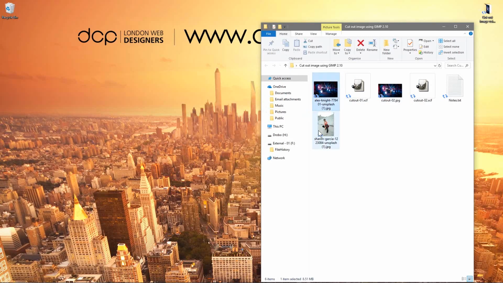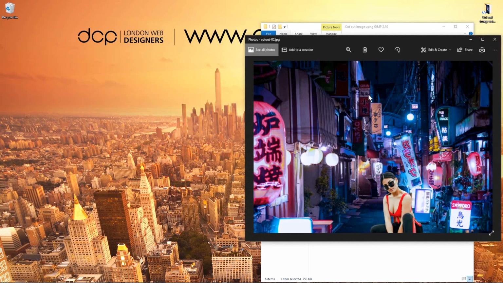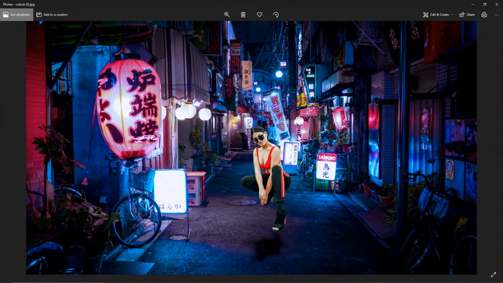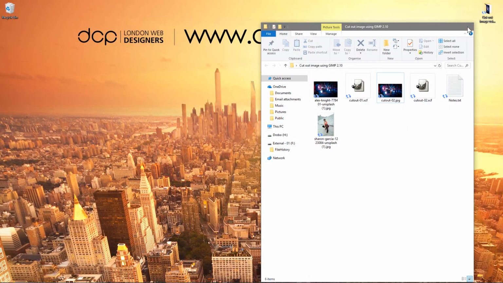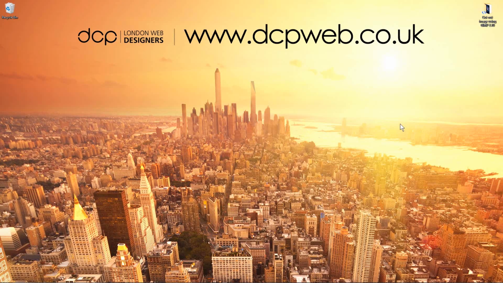So we managed to take this background and this picture and combine them together to give us this end result image. We can play around with the colors and the saturation and stuff and try and blend those images in a bit. And we'll put this little drop shadow down here. But if you check the YouTube description, I'll show you some other examples. There's a few different ways to remove backgrounds from images. This one was using the free select tool, but you can use select by color. You can do a layer mask as well. There's a few different ways to cut out images. So I'll put some other examples in the YouTube